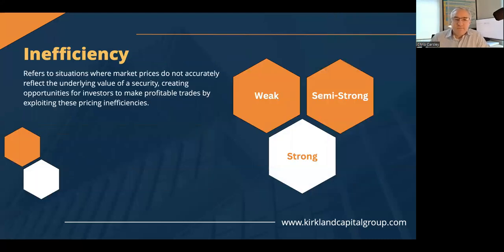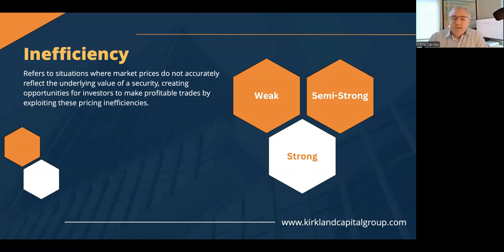Moving on. So inefficiency refers to the situations where market prices do not accurately reflect underlying values. I'm not going to read the whole thing. This is the basis of the efficient market hypothesis. There are many people who disagree with it, agree with it. I just listed some for fun out there. If you Google this, you can identify the weak, semi-strong and strong forms of the efficient market hypothesis. But more importantly, what I'm getting at is